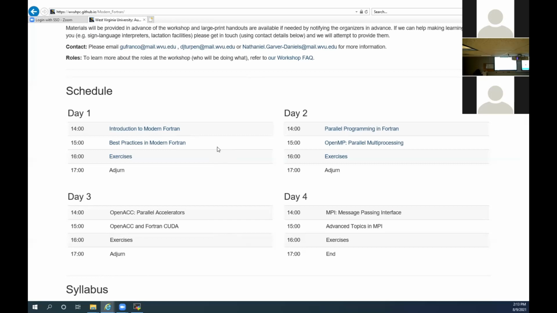The general overview about parallel programming, OpenMP on the third day, OpenACC, and fourth day, MPI. What I expect is that everything that is needed for the next 3 days, for day 2, 3, and 4, is what we will be presenting today in the first hour, plus the specific topic of the parallel programming